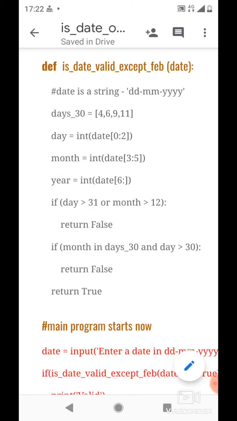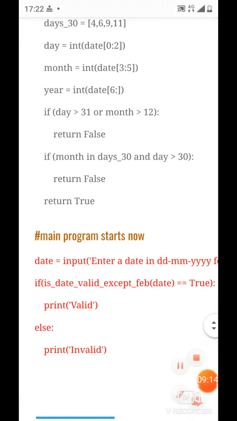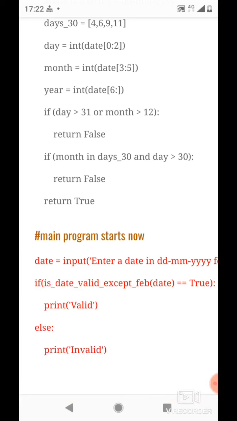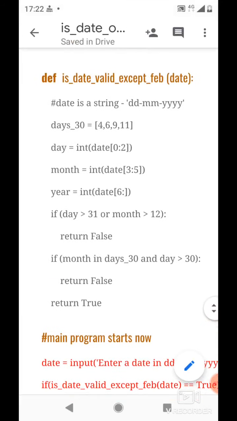When you look at this date statement here, this statement is at the same indentation level as the def keyword, so Python can understand that this statement is not part of the function, and this is part of the main program. So keep in mind the importance of indentation level.